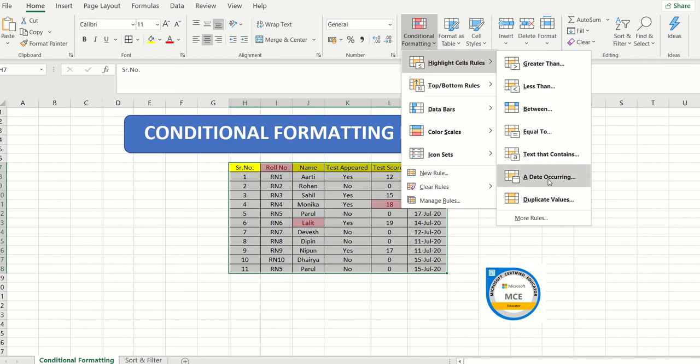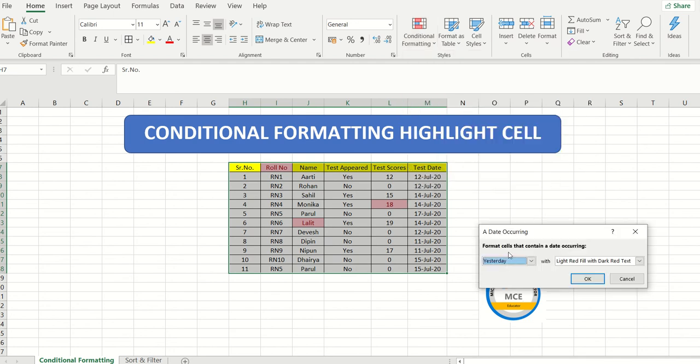And then we are moving on to the date occurring. Now, the data that I prepared for you has a test date as well, and I want the cells highlighted in which people have appeared for the test last week. So I will select last week. I can select any entry: next month, last month, this month, last 7 days, today, yesterday, tomorrow, depending upon your data.